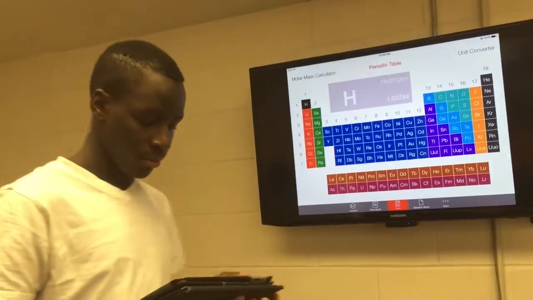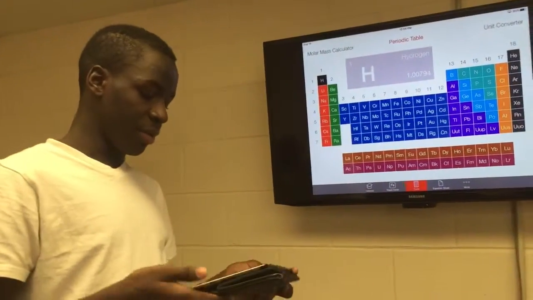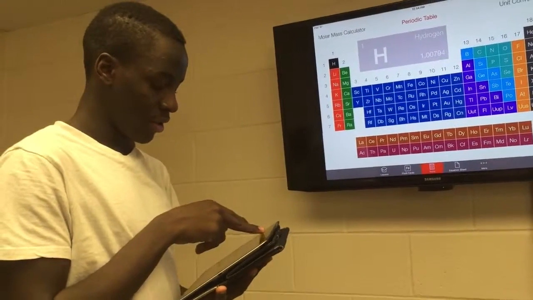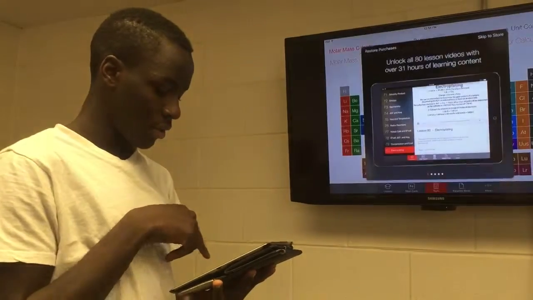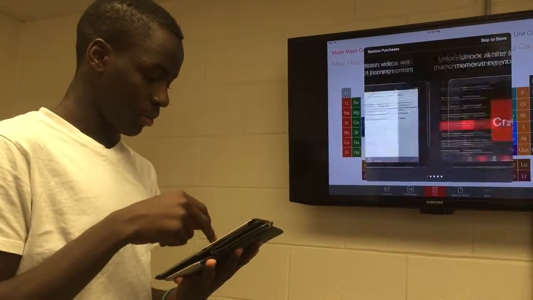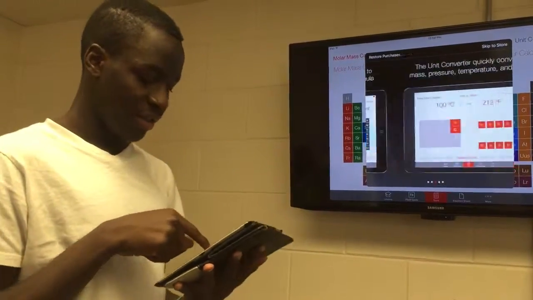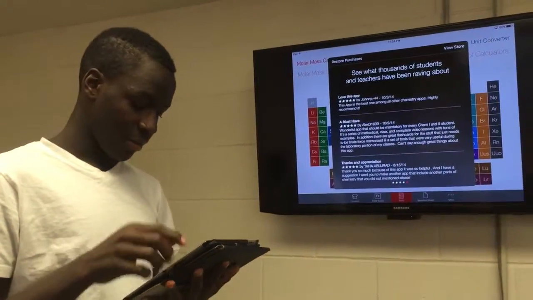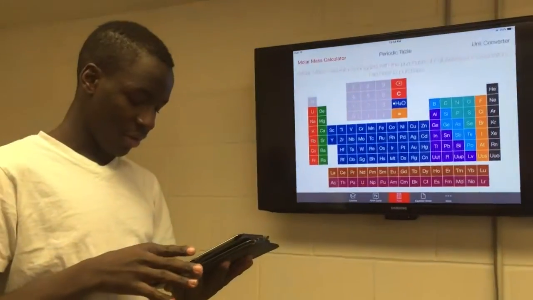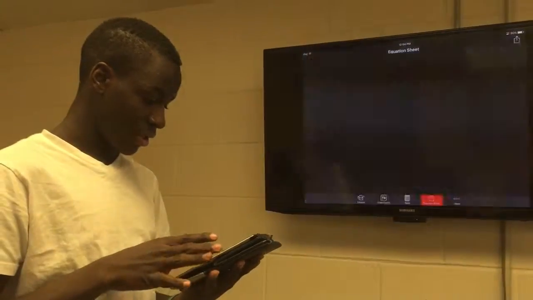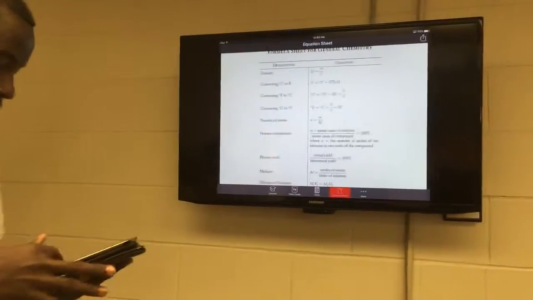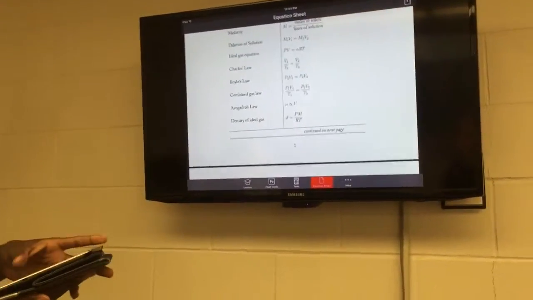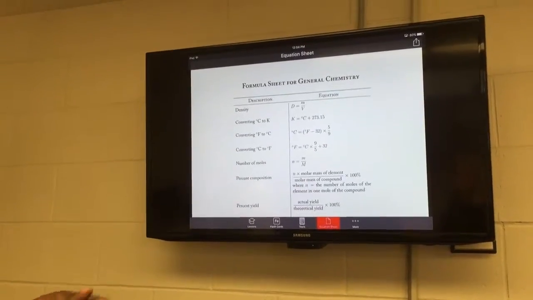So what happens when you tap on those? Let me say you want to find the molar mass, you just tap on the molar mass calculator. Oh, you'll need to purchase this. Okay, so some of it is not free, but most of it is. Yep. So the equation sheet is like the workout for most of the equation